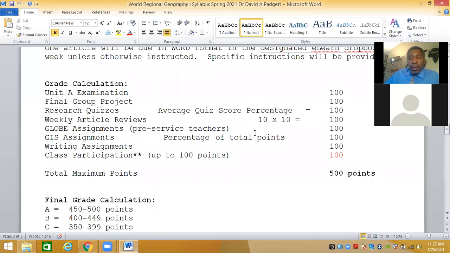How's your grade calculated? Notice you have the unit A exam, which is 100 points. Then you'll have a final exam project. It's not going to be a group project. I need to change that. But you'll have a final exam project. So in lieu of having a multiple choice exam at the end of the class, you will have a